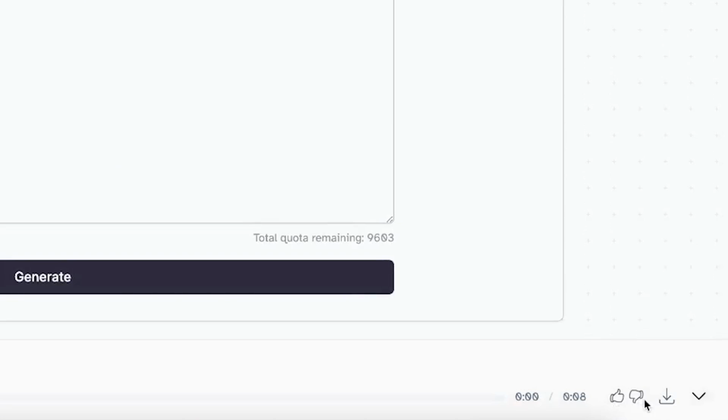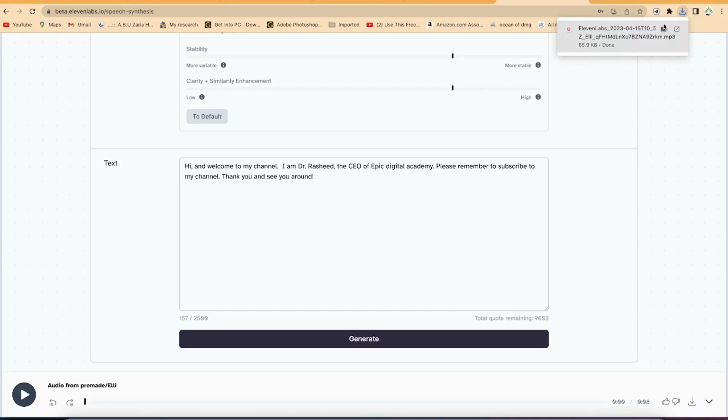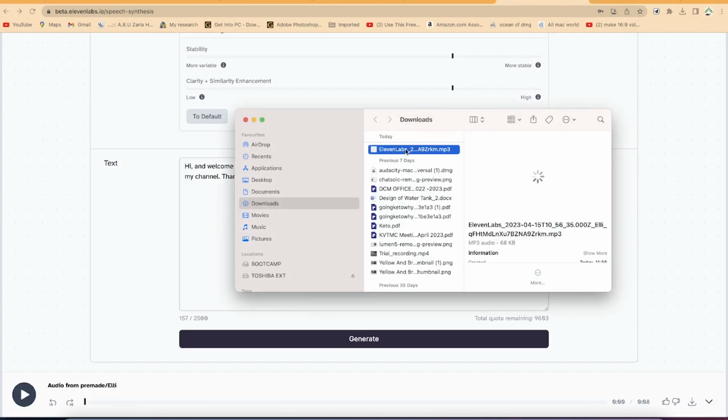You can thumbs it up or down, and you can download it directly from here. Just click and you have your voice directly downloaded. So you can click to go to the location where you have it, and then you can just double click to have a test of it